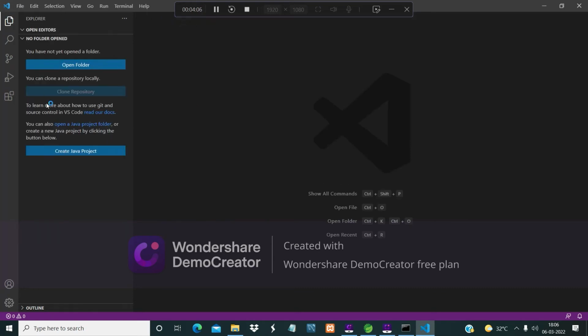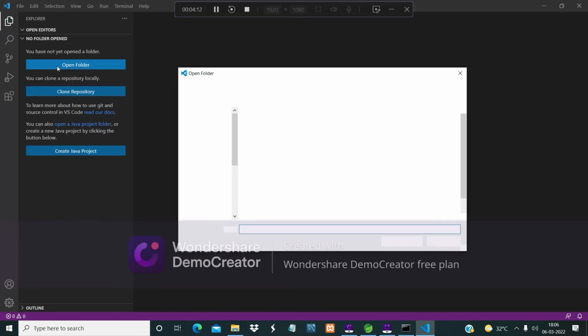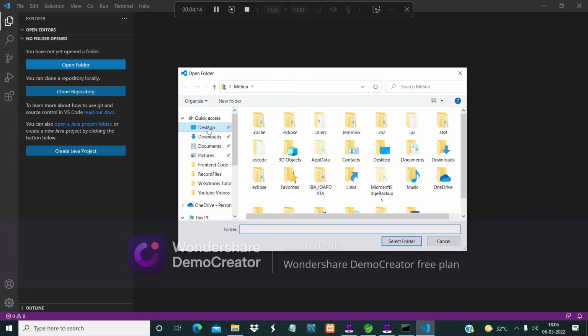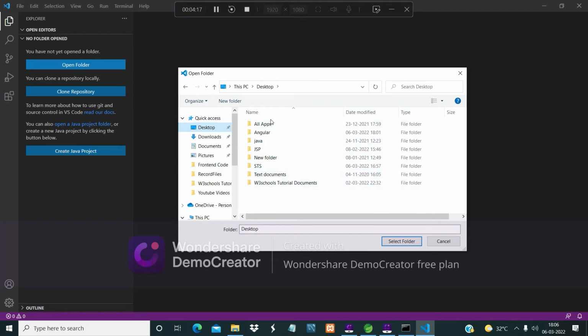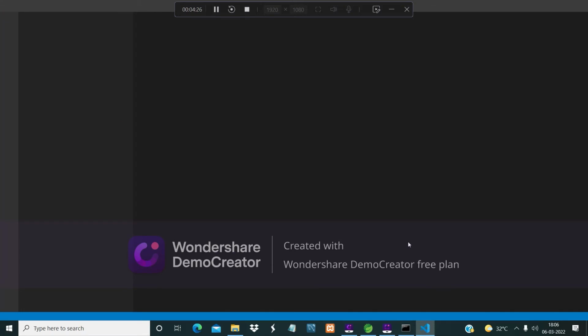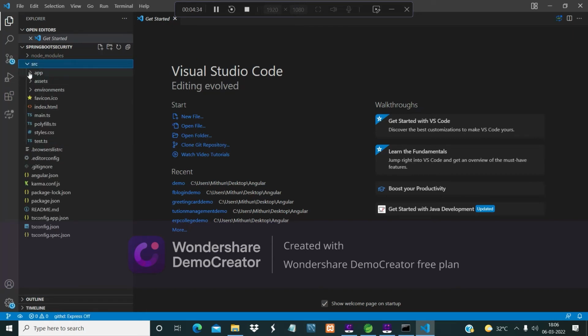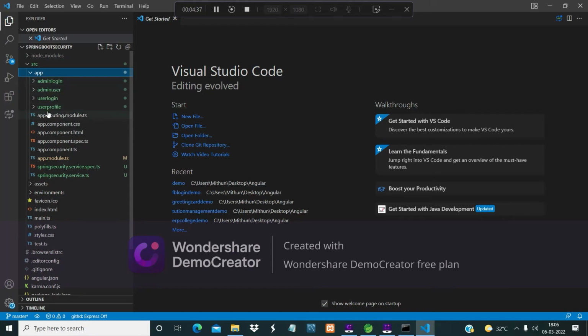Here, click on File and Open Folder. Select it from the desktop or from where you created the application. Select folder. Okay, now you have created the four components and the Spring security service files.